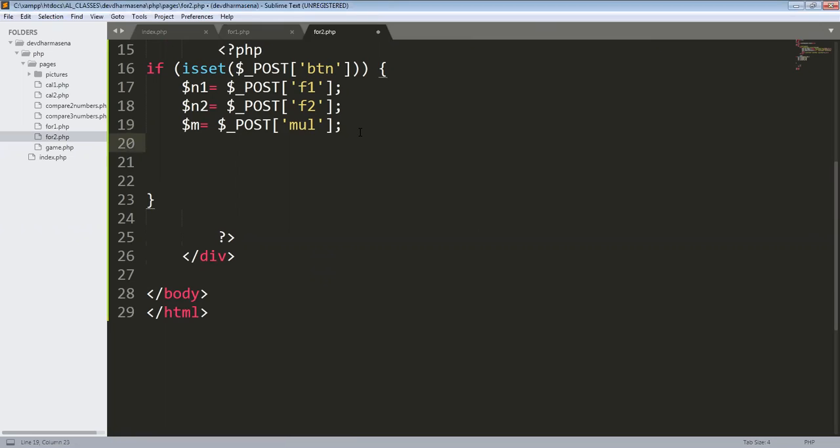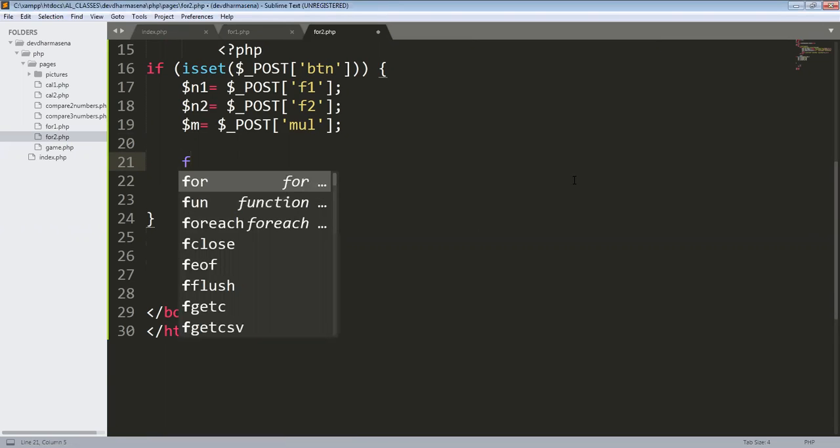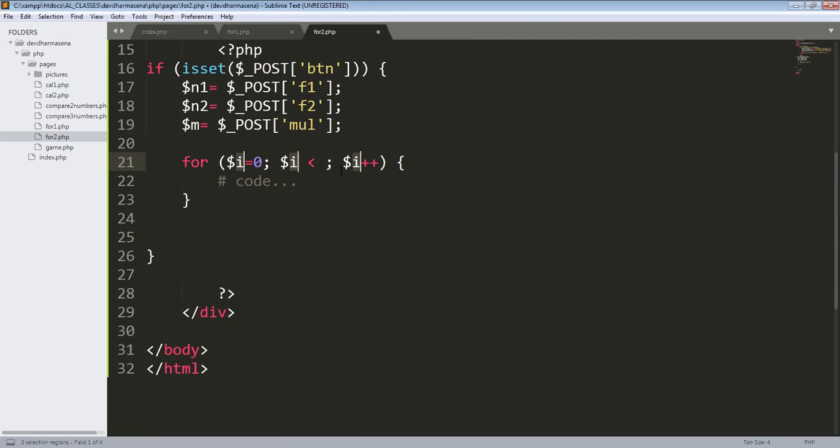After that, we'll see how we can iterate the thing. Okay, I will use a for loop. Once again, the initial value is going to be $N1. Okay, $N1, we can say I'm passing a variable here, right?